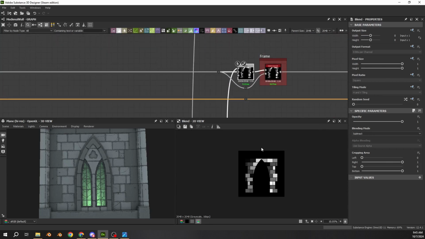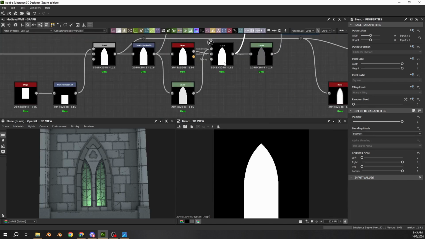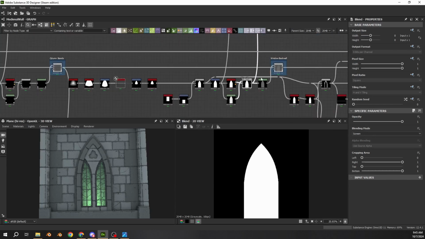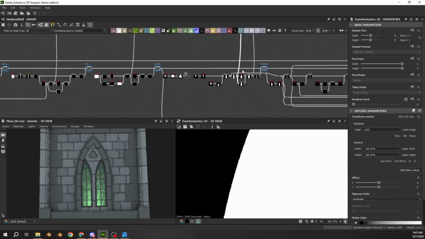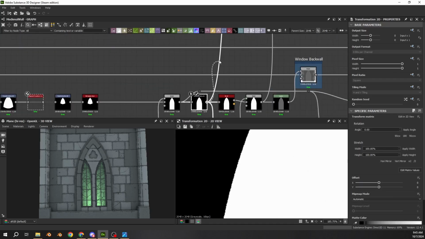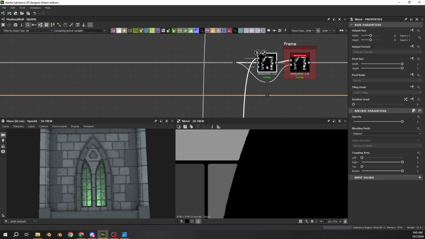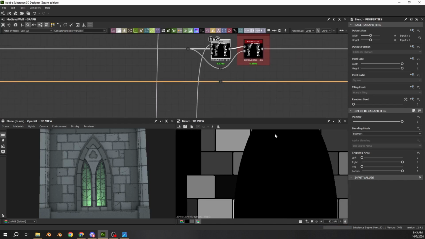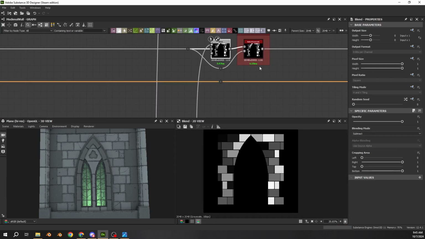Now we need to subtract the window from it. So we're going to use this mask, which covers the entire thing. And again, it should probably be here, but I'm a noob. So I'm just going to do this. Like that. So then that subtracts the window from it. So now that the window is gone here,